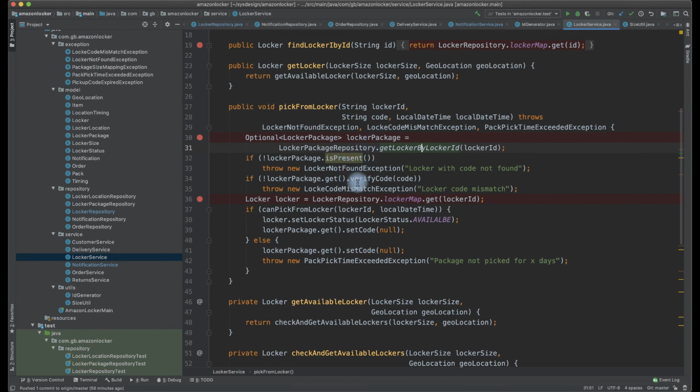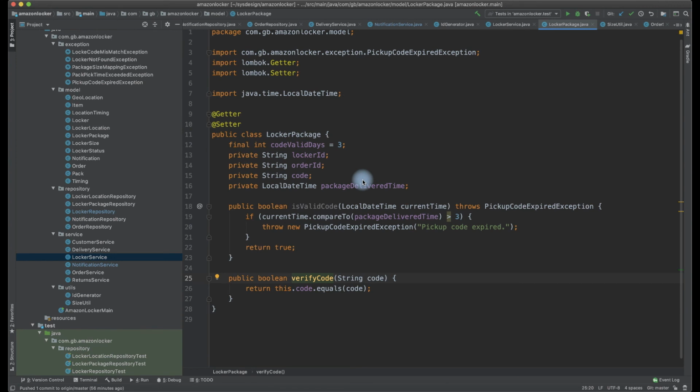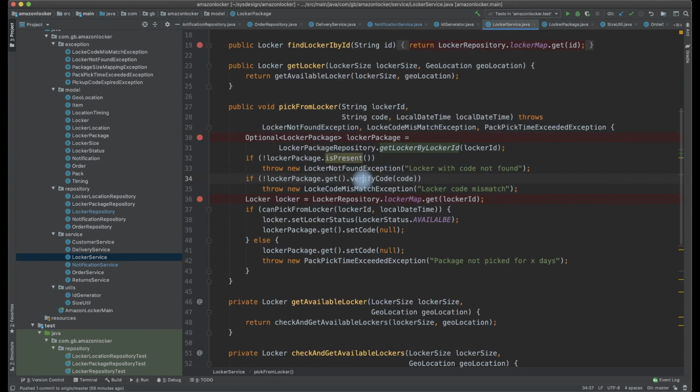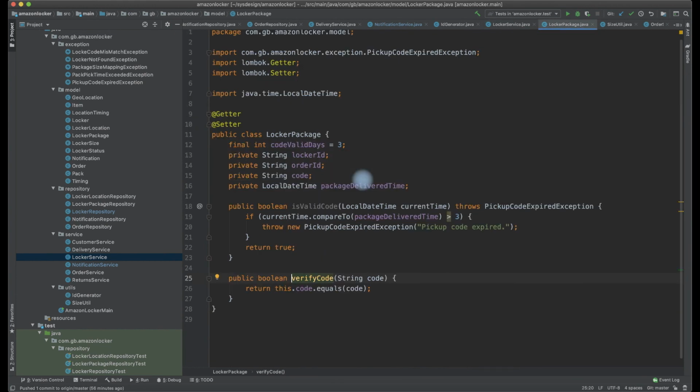And the next is we have to go and verify the code. What is the code that is applied, whether it is associated with the appropriate package. So we are verifying whether the locker package contains the appropriate code which is equal to it or not. And if it is not, the locker code is mismatched. The other thing which we might have to hook up in this code is valid code, which is particularly asked.